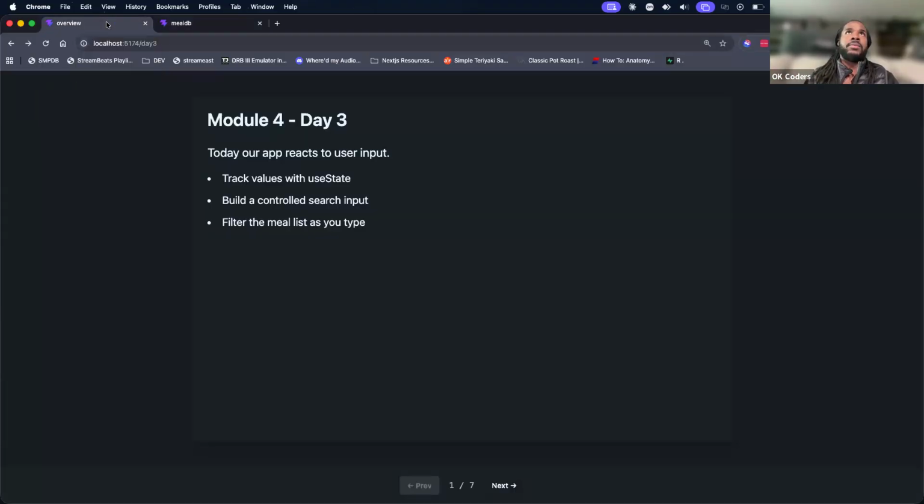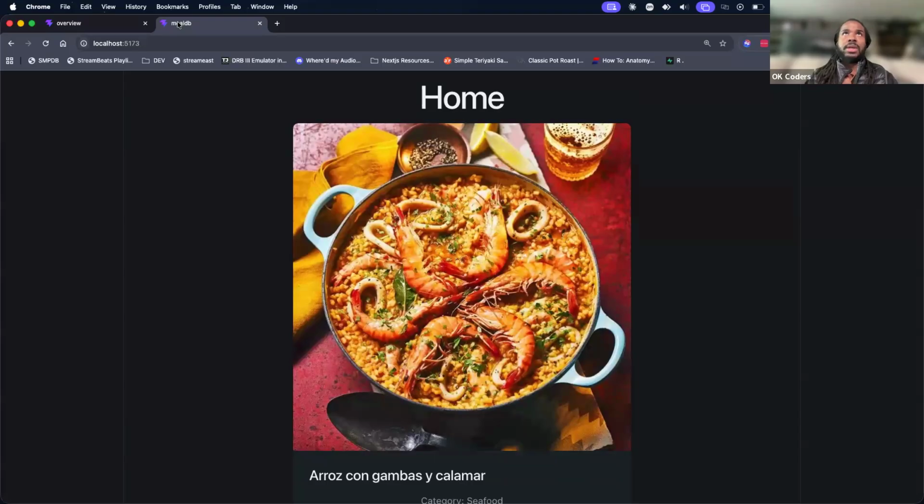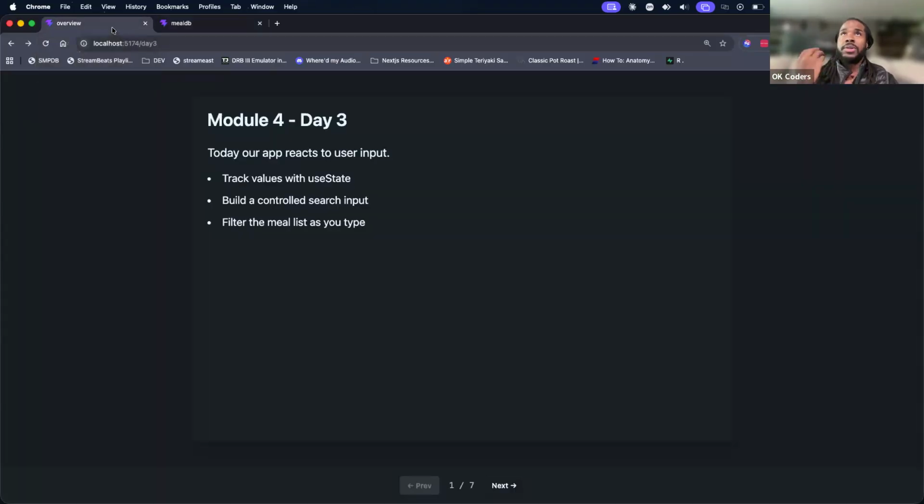That way, if we were to add an item or remove an item, it would automatically be updated. So now the next thing that we're going to discuss that was part of our homework is